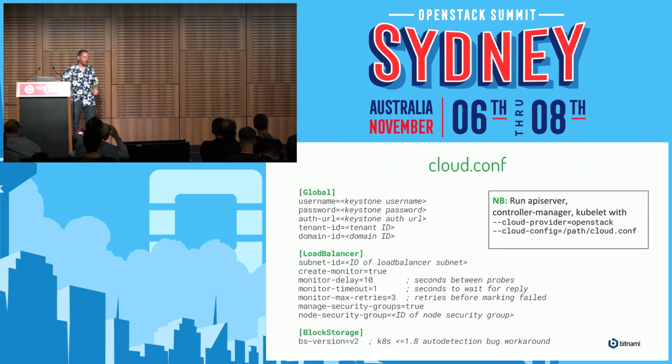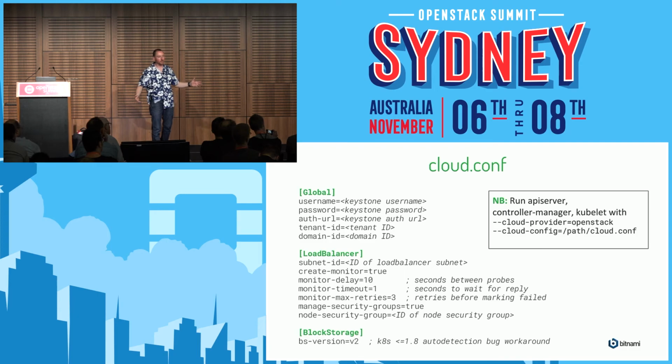All right. So I'm over time, aren't I? Whatever. There's a more lengthy cloud.conf. In particular, I've turned on a bunch of the load balancer options, which are off by default. We should probably fix that and just turn them on by default. That's what it looks like. There's some pretty good documentation for this now.